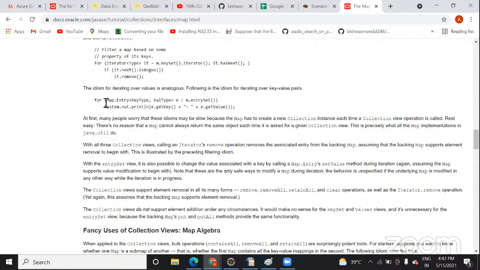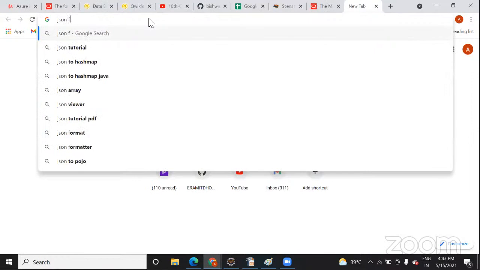So here, inside this entry e, you can take a temporary variable, which is going to iterate on the hash map with the help of entry set. Just like yesterday in the last class I explained to you, this is a temporary variable and it is assigned with all the elements of this hash map, and then you are trying to find out what is the key and what is the value.